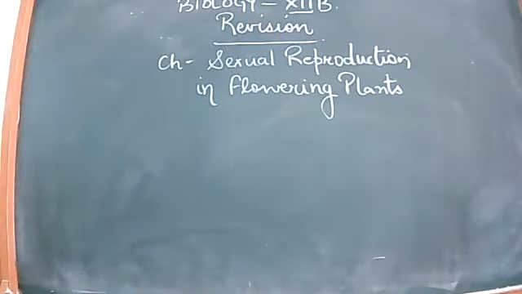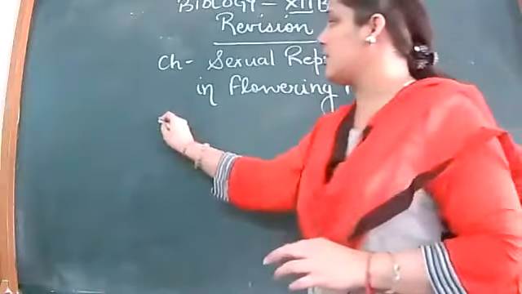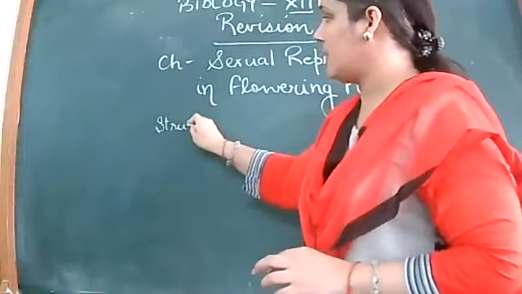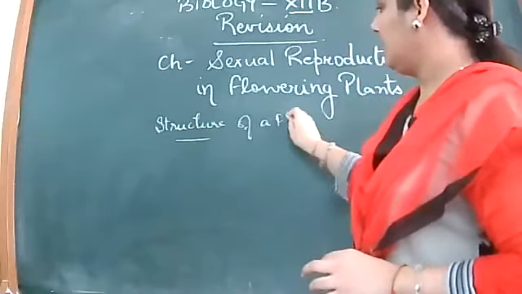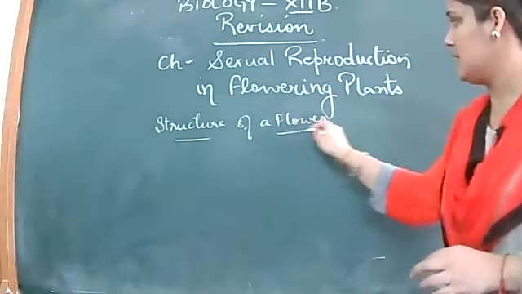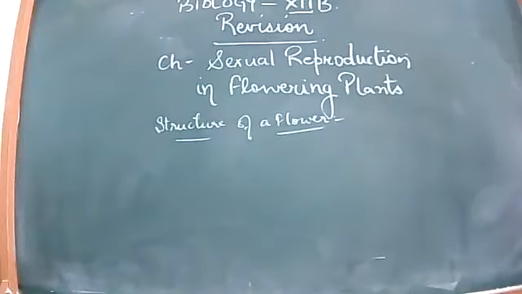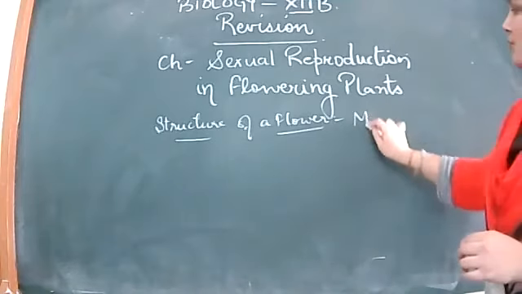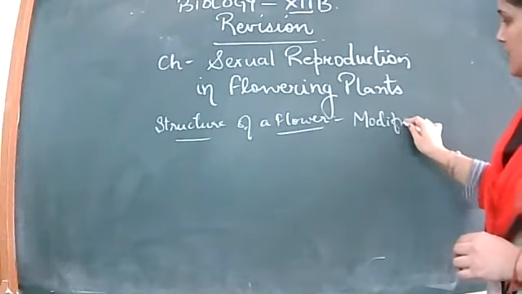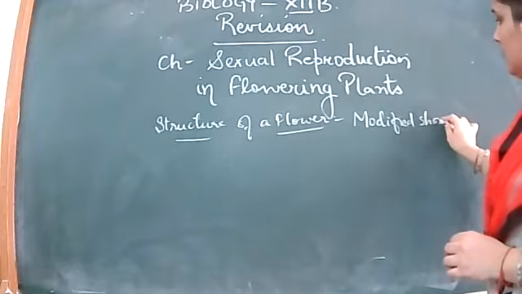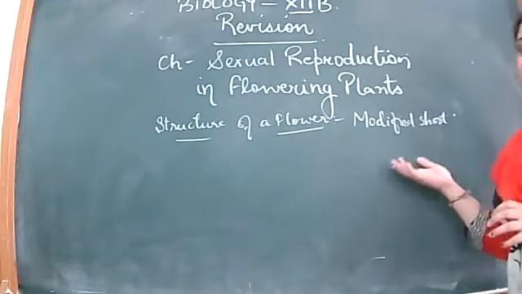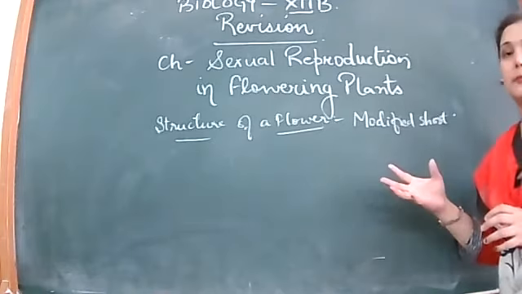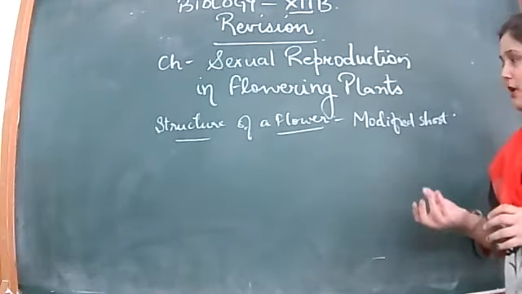In this chapter, we have first discussed the structure of the flower, which is the reproductive structure of a plant. What is a flower? How can you define a flower? A flower can be defined as a modified shoot. The shoot has been modified, forming various whorls in different arrangements, may it be green sepals or the colorful patterns making the corolla or the petals.